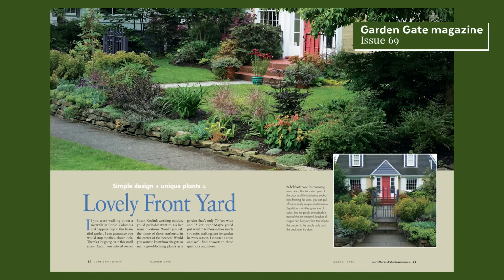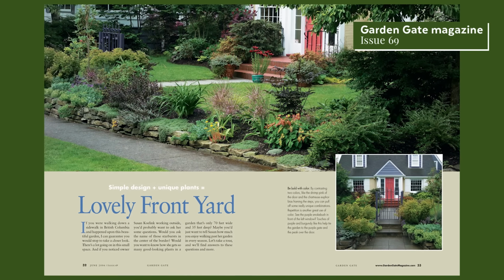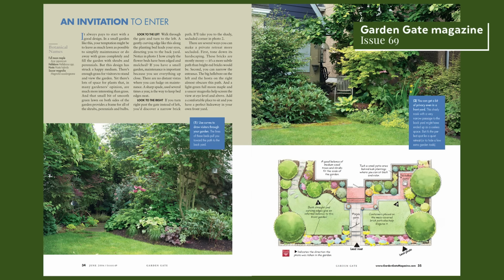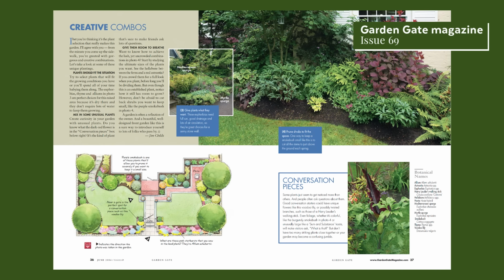This isn't the first time Garden Gate has been in your garden. I would like to welcome Garden Gate back to my garden after almost 20 years. Yes, that's amazing. I saw the magazine from 2007. Yes. We visited you and had a big feature in the magazine. Yes, it did. And in 2006, twice, and in 2007, they were mostly the early spring garden, where we had